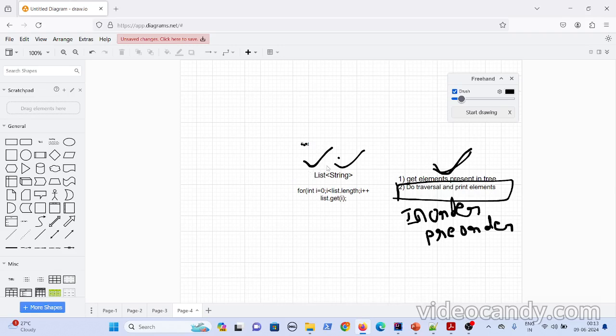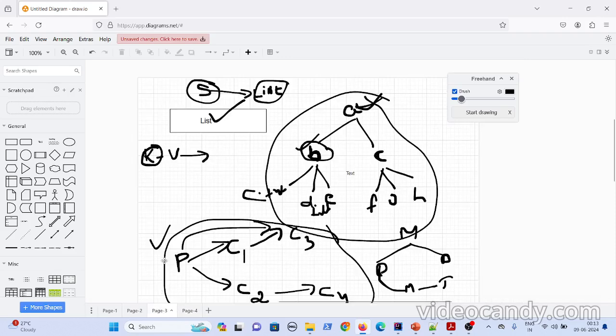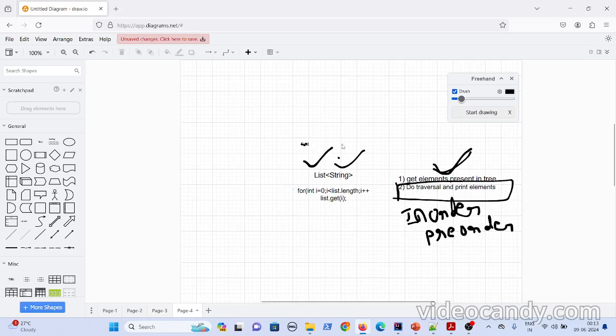Now I am the client, an external person. There is a student class already present. If I want the names, what it gives is the list of students. It gives you the complete list, and you need to implement the traversal. So you should know how the data structure works. You should know the internal implementation of that particular data structure so that you can traverse it.